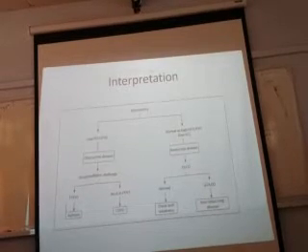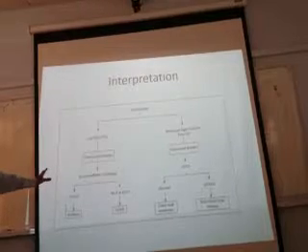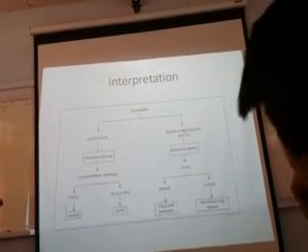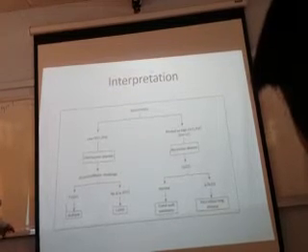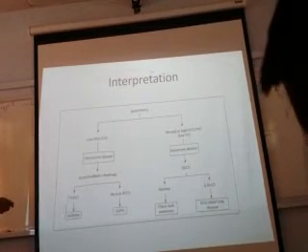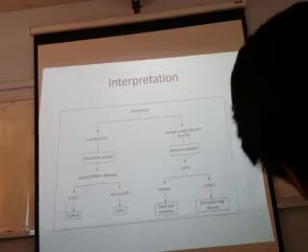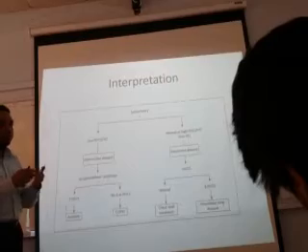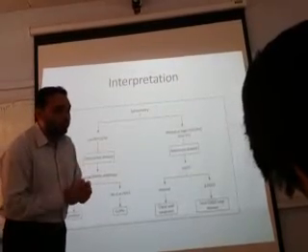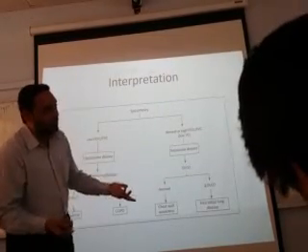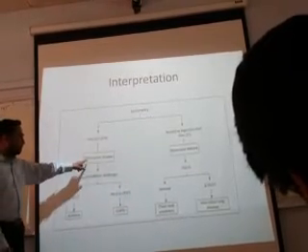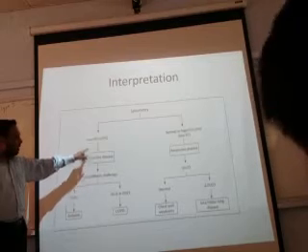Interpretation. I have already done the interpretation, so this is for you. You can read it. Interpretation of spirometry: low FEV1, low FVC. And there is normal or high FEV1. Okay? Normal or high. Like I told you, it can be equal to or more than 80%. So if it is more than 80%, high FEV1. Obstructive. Yeah. Low FEV1.